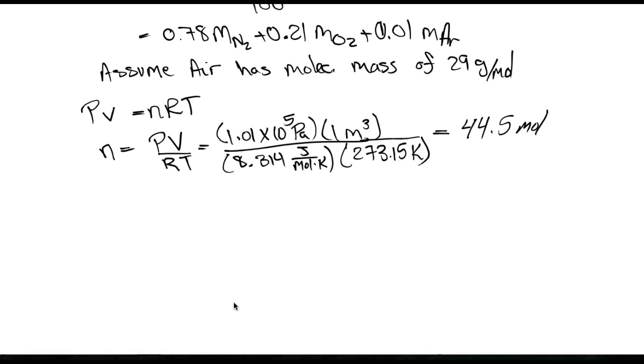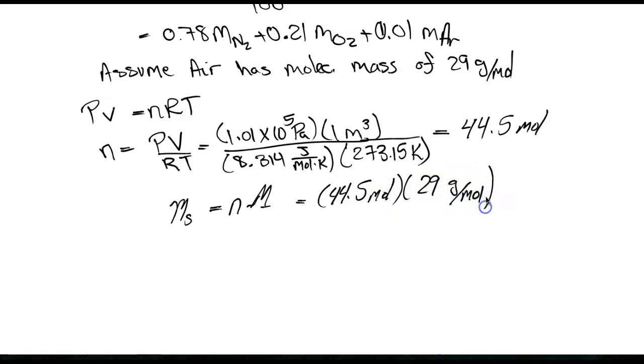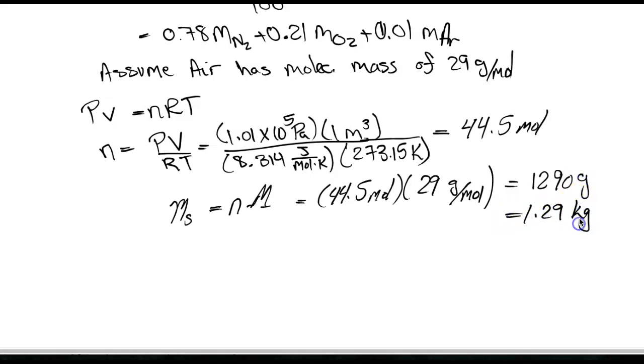And now, what we can say is that the mass of our sample is the number of moles times the molecular mass of our sample, which is 44.5 moles times 29 grams per mole, or the same as 1,290 grams or 1.29 kilograms,